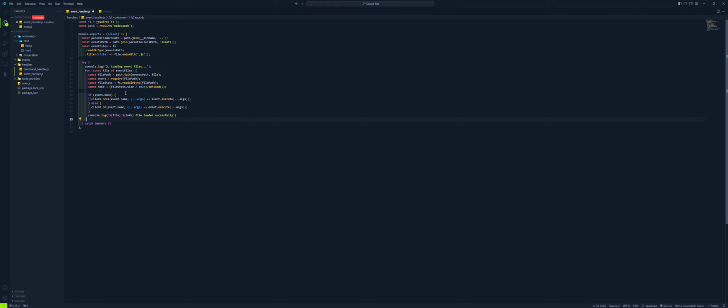After we finish, we can console log that all our events are loaded successfully. All event files are loaded successfully, and in case of error, of course,